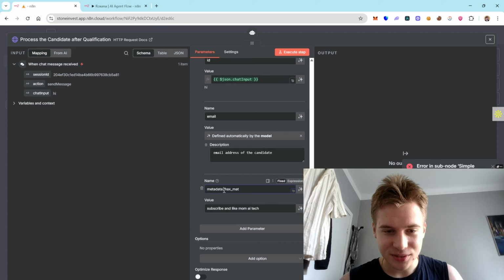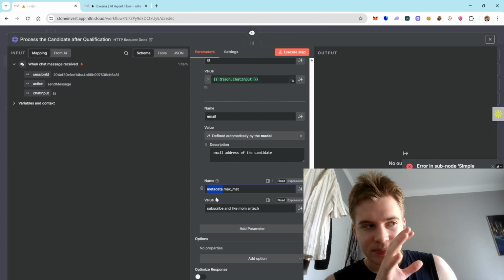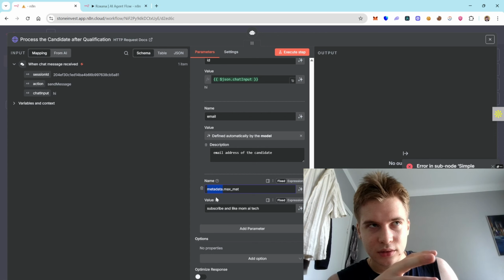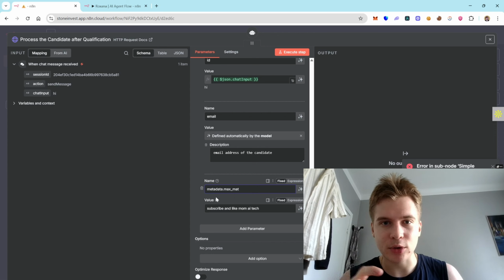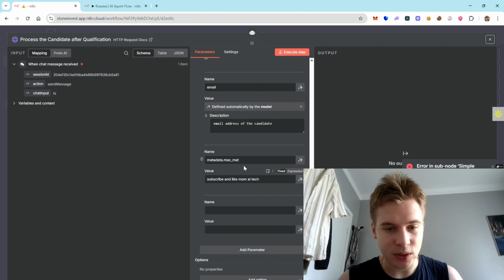So the trick is that you specify the name of the first level of this nested variable, then you add dot, and then the name of the variable inside. And the second one could be